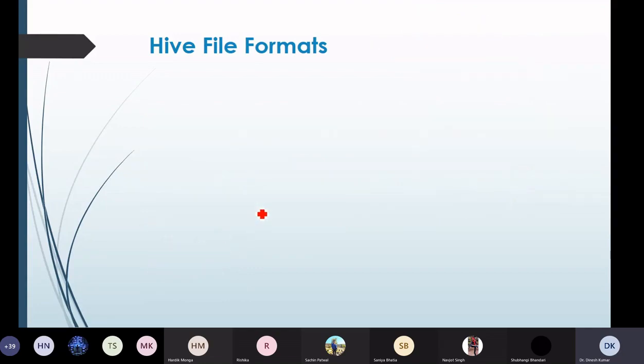First is the text files. This is the default file format in Hive, and it is very commonly used in most applications.